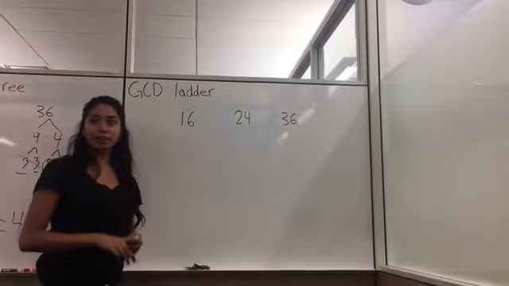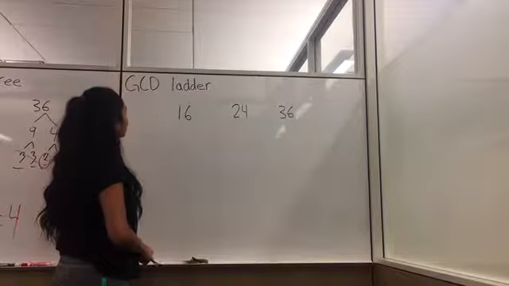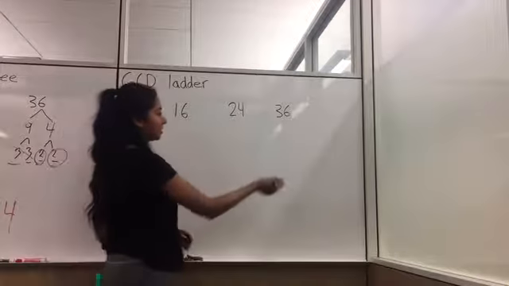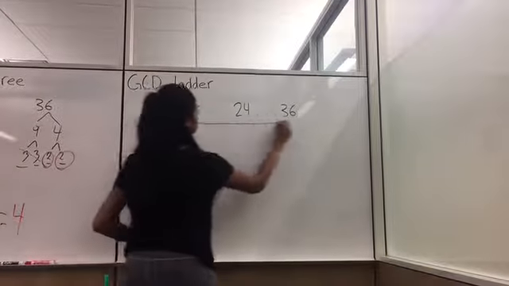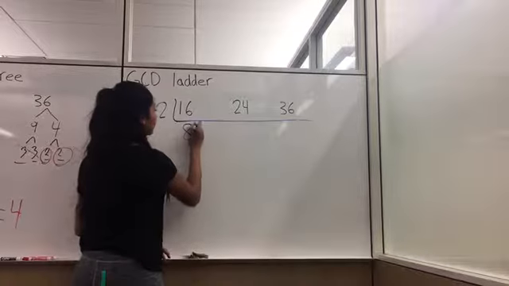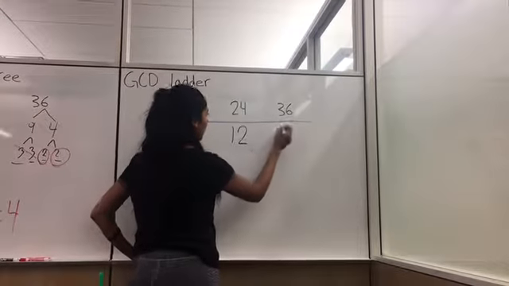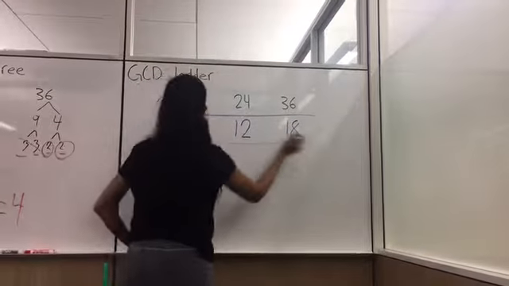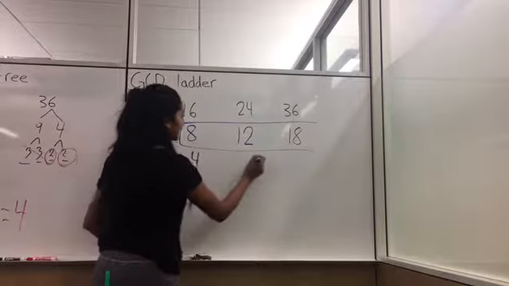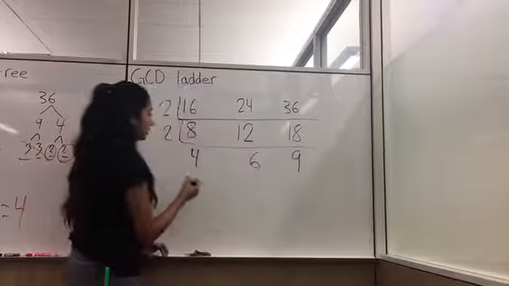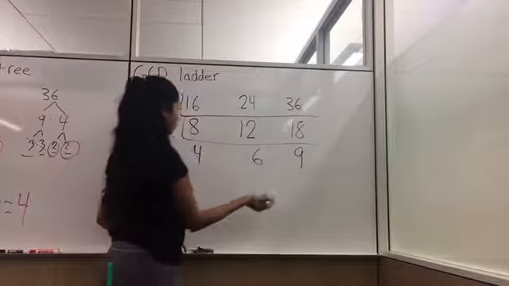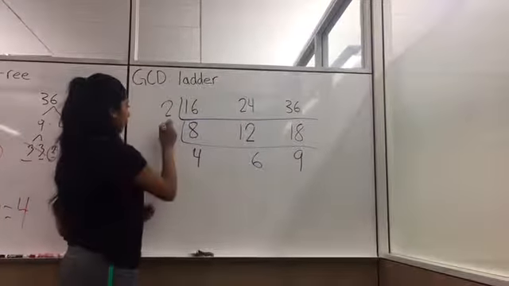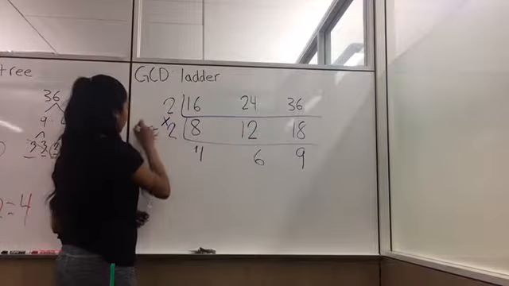So for my third method in finding the greatest common divisor, I'm going to be using the ladder method. And since they are all even, I'm going to start off by dividing by 2. So 2, and then I have 8, 12, and 18. So then they're still even. I can divide by another 2. So I get 4, 6, and 9. But since these 2 are even and this one is odd, I can't divide any further. They don't have any more common divisors. So I can just multiply these 2, and then my answer is